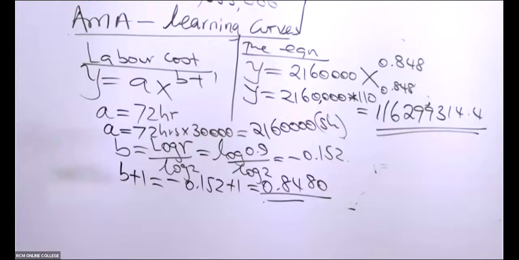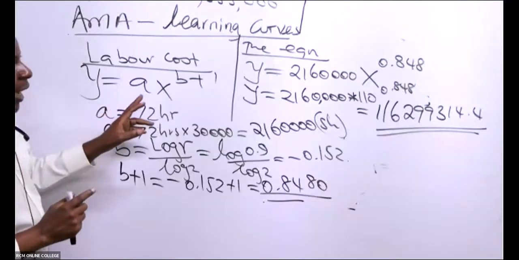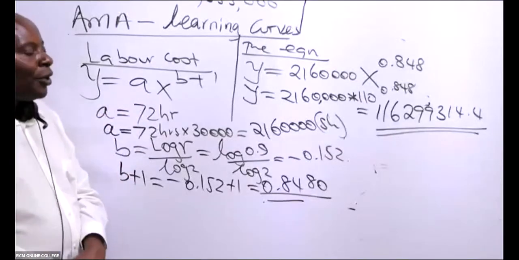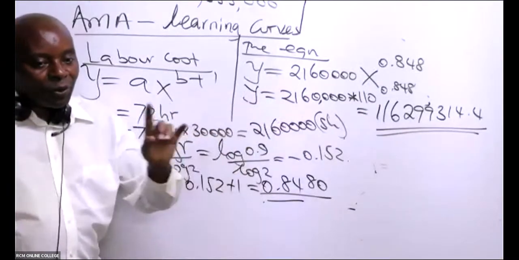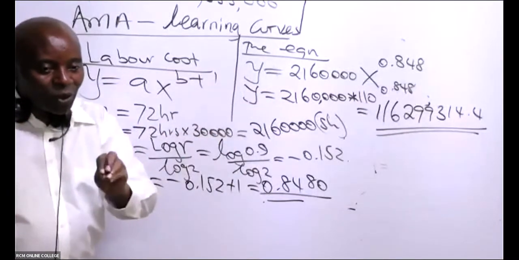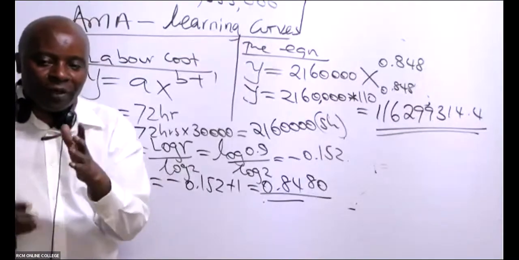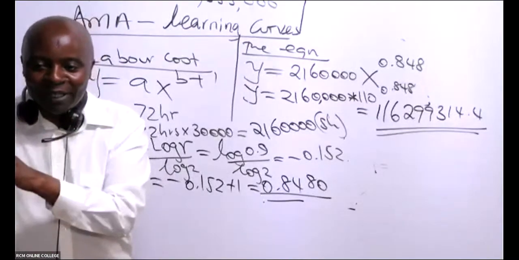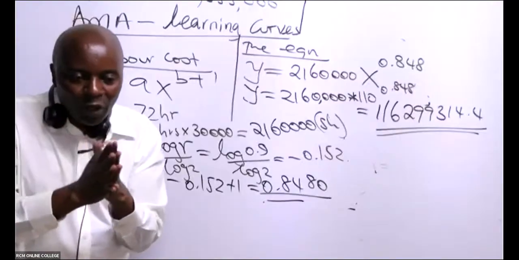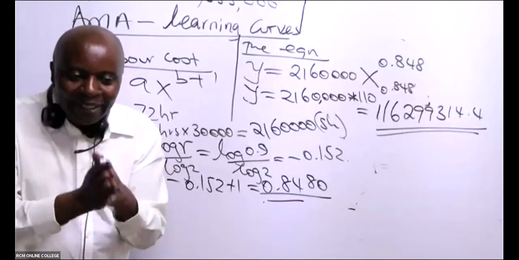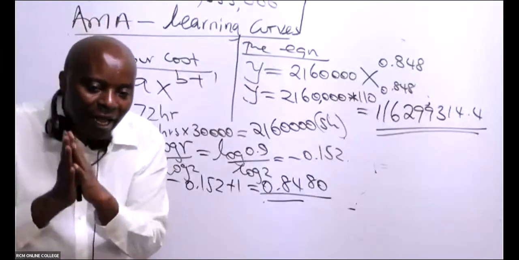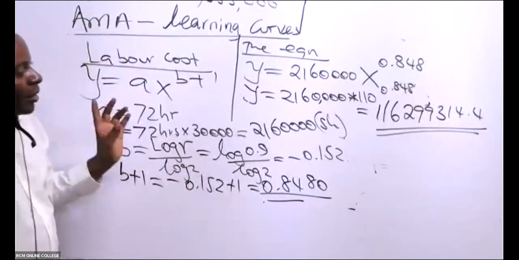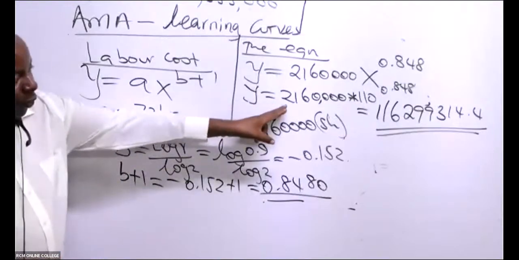Yeah, if 30,000 has not been provided, you shall be able to estimate in this case the labor hours. Because you see, there is a question where the examiner tells you to give labor hours for producing this number of units. In that case, you can't start looking for labor cost. But in most cases, they will give you the hours and the rate per hour. It is easier for you to do it this way.